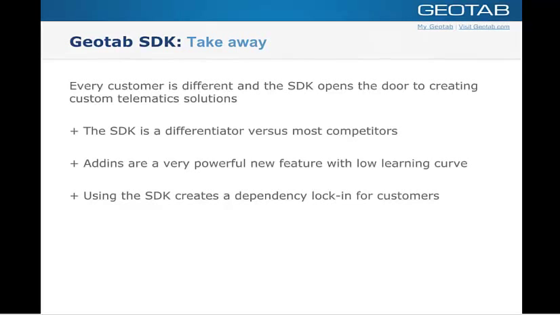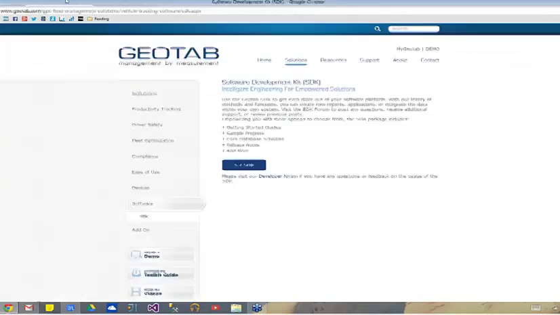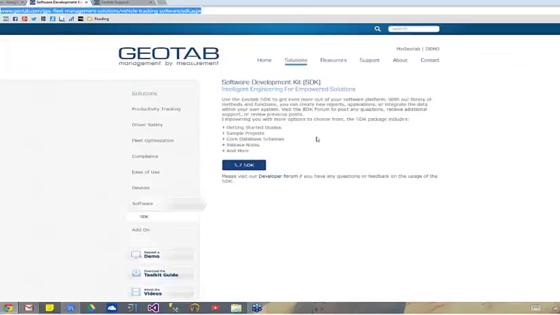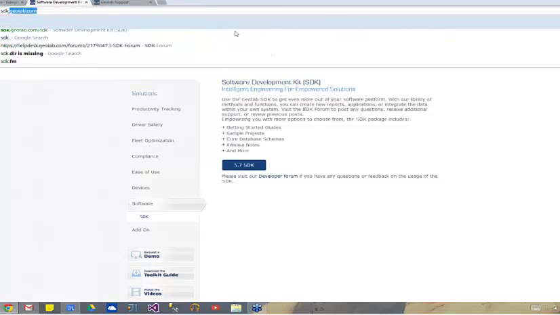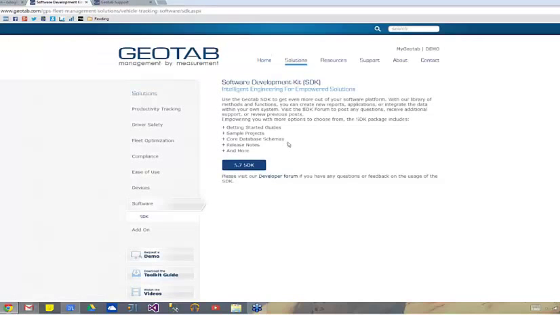I think what we could probably do now is open up the forum, and maybe Adam could open up sdk.geotab.com just so that you can see what it looks like and take you through a little bit of a walkthrough with that. Sure, just to get you familiar with it. So when you do go to sdk.geotab.com, you'll land on this page here. What you'll want to do is click on the 5.7 SDK,